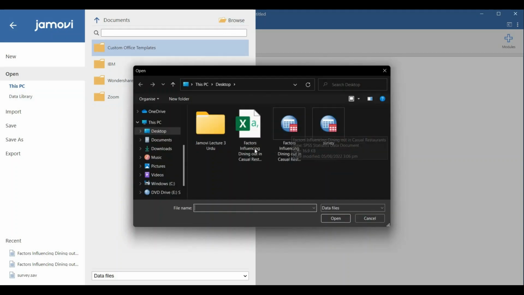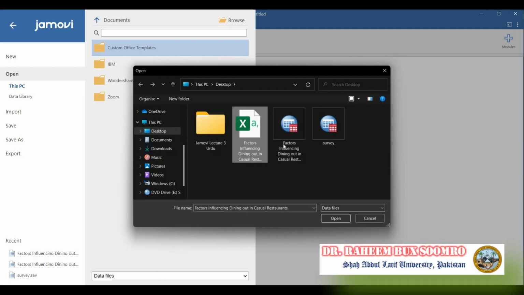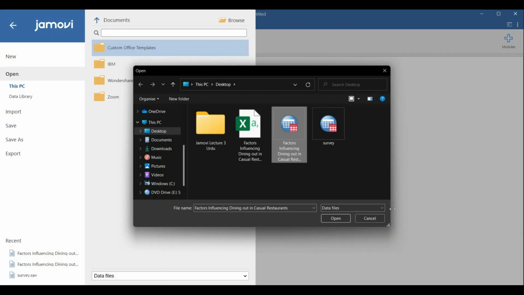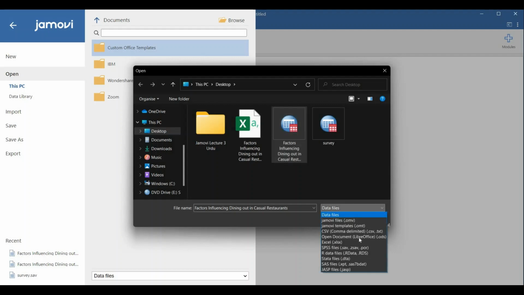Dear friends, after browsing, I have reached where my files are available. Now majorly two files are there. This one is in Excel format, and this one is in CSV or SPSS format. But first, come here to the data file options. Here different data files are there, like the Jamovi file. You can also open Jamovi templates and CSV,